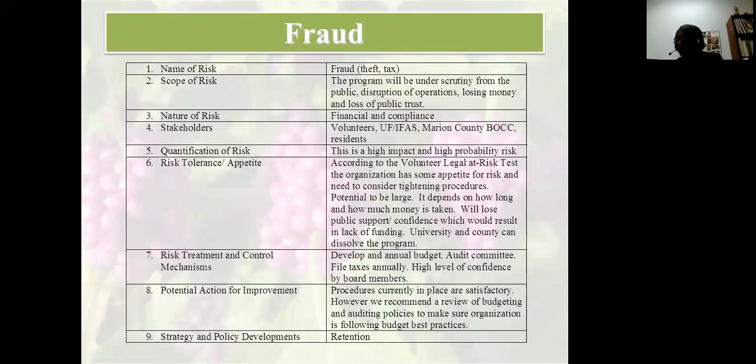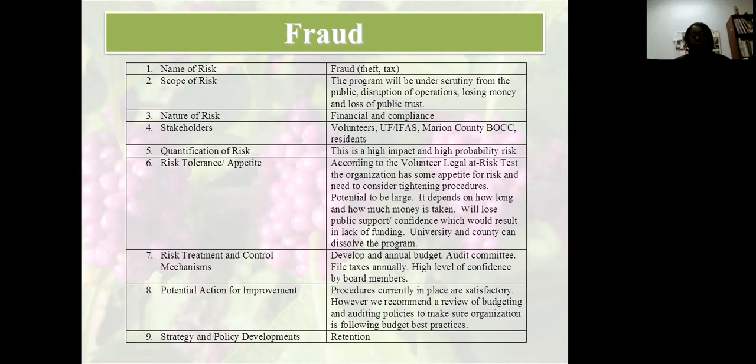And so this would mean that we do not have an appetite for risk that would put our performance below 88%. So we want to make sure that we are performing at a high level. Then the risk appetite is the amount and type of risk the organization is willing to accept in pursuit of its objectives. So that's just some definitions there. So when you look at fraud in our